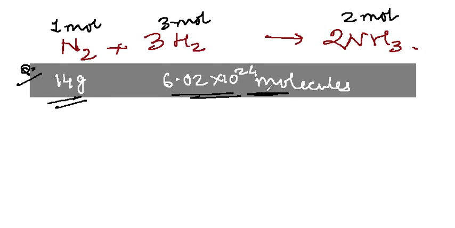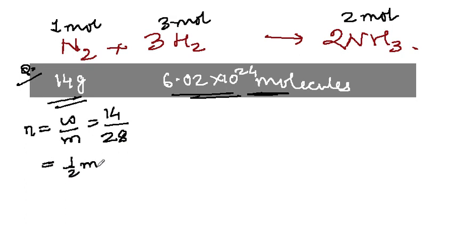Okay. Why do we need to convert everything into mole? The reason is, when we are dealing with it in terms of mole, the values will be relatively less. As a result, it will be easier for us to do the calculations quickly. So let's say, for example, if we convert this into number of moles, it would be weight over molecular mass. So 14 is the weight of the substance that is being provided to us, and the molecular mass of nitrogen is 28. So that is half mole. Okay, so we have half mole of nitrogen, and